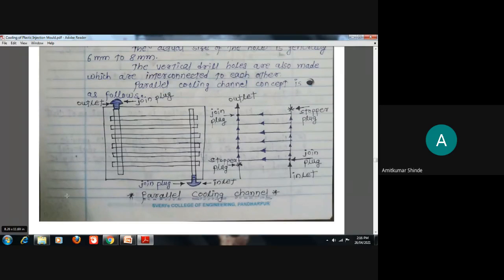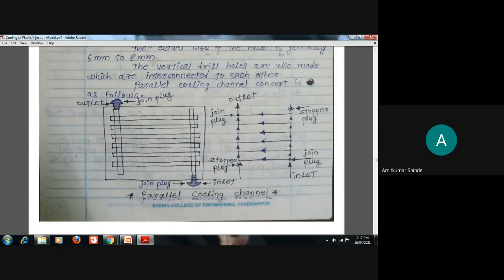In the injection mold, of the time required to manufacture the part, 80% of the time is taken by the cooling itself, to cool that injection mold. Now, whichever cooling channel or cooling circuit we are going to use, first I will explain a few terms, that is, what is the flowways and what is the cooling circuit.